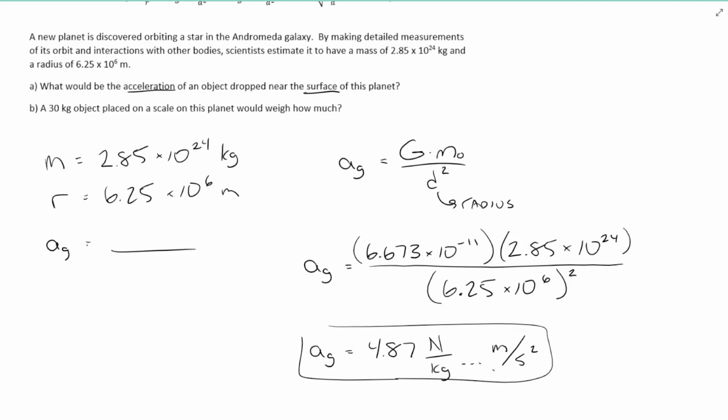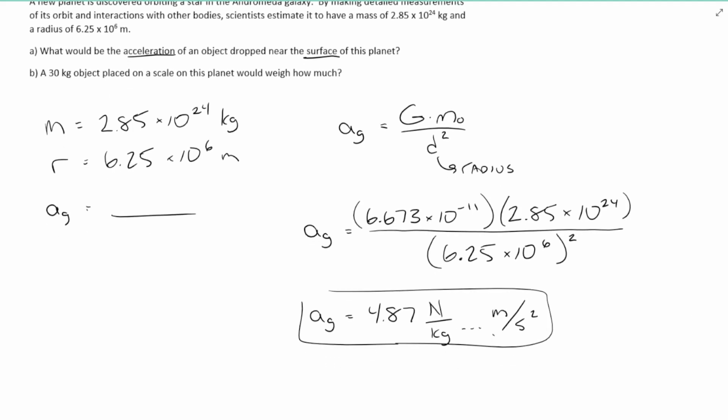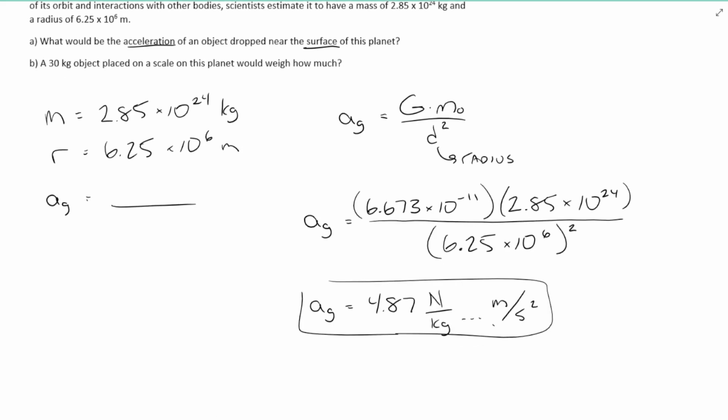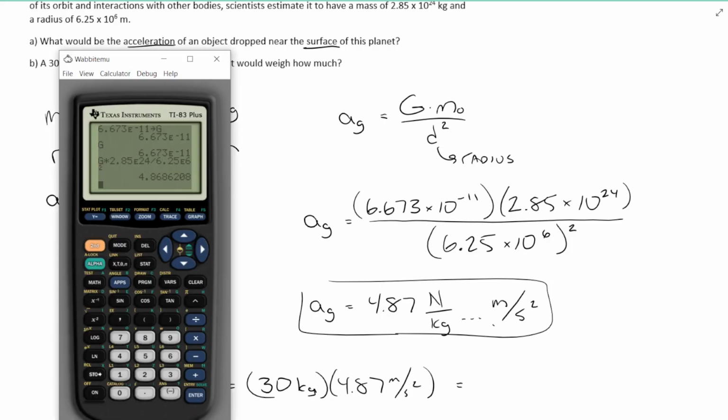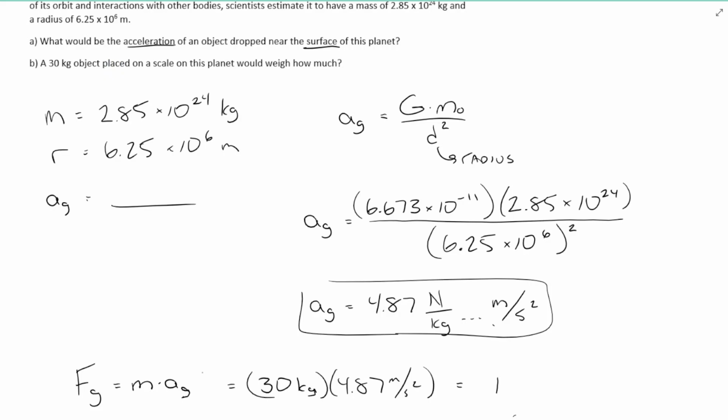And now let's look at part B. Well, we now have an object that's on that surface, right? How much would it weigh? Well, we can go back to our last unit with dynamics, and we know that the force of gravity is just equal to the mass of the object times the field it is in, the acceleration due to gravity, right? So this is a 30 kilogram object, and we now know the field strength at the surface of this planet to be 4.87 meters per second squared. And so if I take my answer from before and simply multiply it by 30, I now have the weight of that object, which is 146